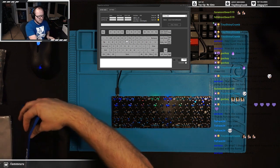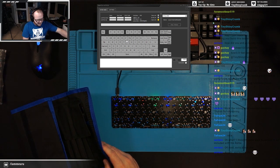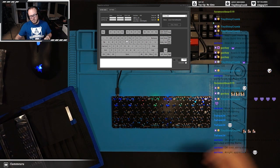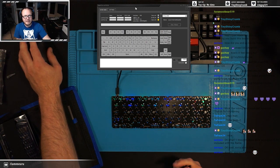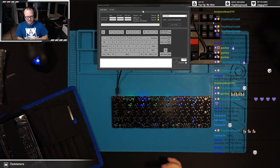So, I've been asking all my customers, even if I've gone over it with them recently. My default is to do Band-Aid mods. However, I have seen plenty of people talking about not doing it later, so I want to give everybody the option to opt out of Band-Aid mod if that's